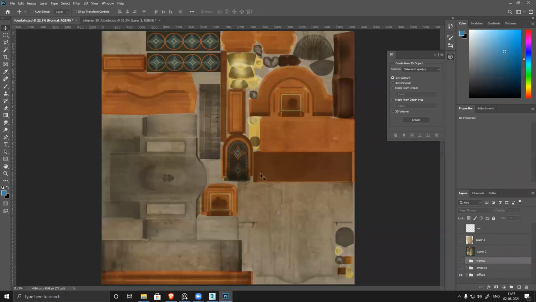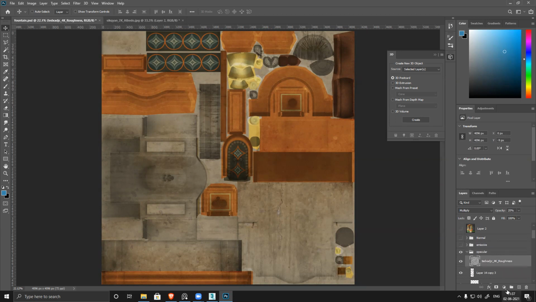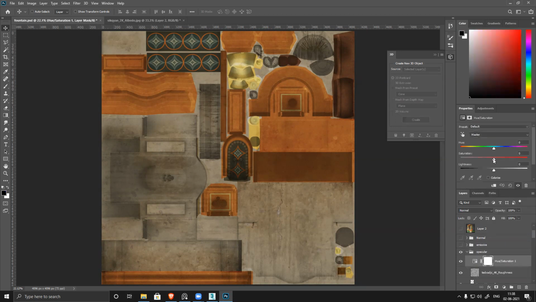So this entire thing is ready. I simply duplicate my base diffuse, Control G, name it as specular map, and I will apply a hue saturation and make everything desaturated.